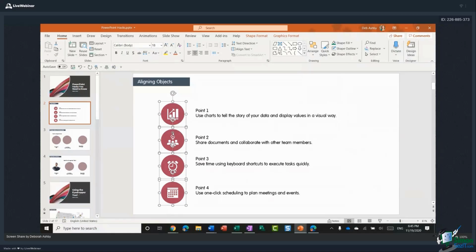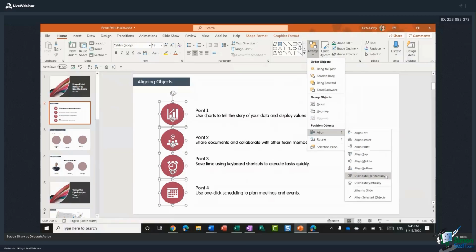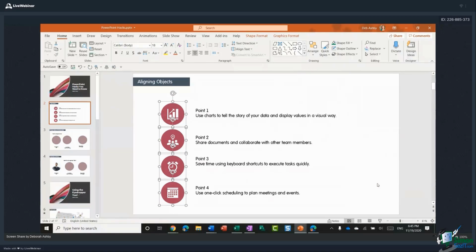Now, one thing you might notice is that it's fairly close, but I do have inconsistent spacing in between these circles. So if you look at the bottom one here, the spacing between these two circles is a little bit wider down here than it is further up. So another tool that you have in order to make this spacing even, if we jump up to Arrange and go down to Align, we have Distribute Horizontally and Distribute Vertically. So if I select Distribute Vertically, it's a very slight movement, but now I have equal spacing in between each of my objects. Okay, so really important, those alignment utilities.